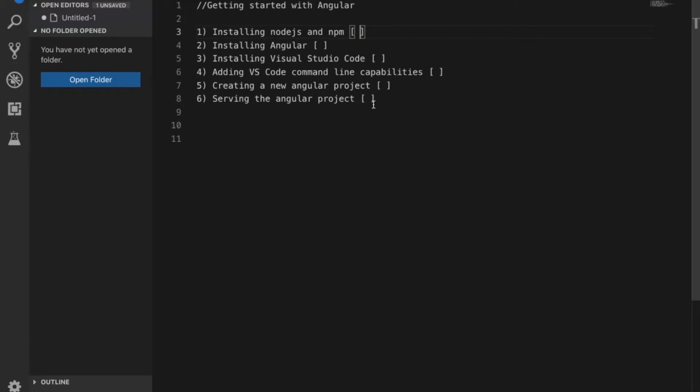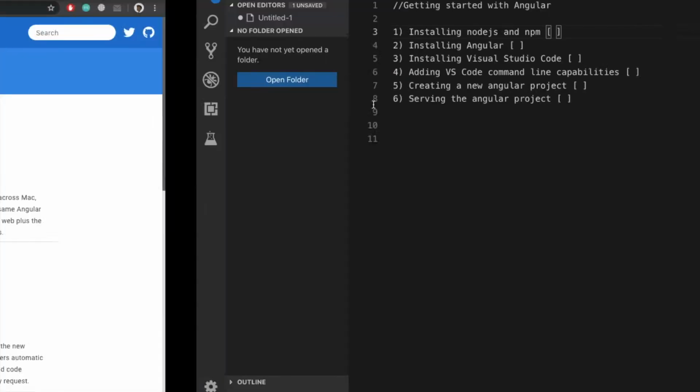All right, so here's the list of things that we're going to be doing today. First we're going to start with installing Node.js and npm, which is Node Package Manager, and then we're going to install Angular, then Visual Studio Code, and we can walk through. All right, so first we need to